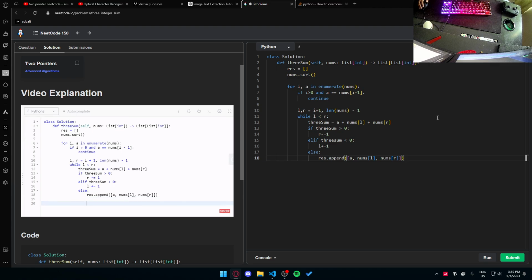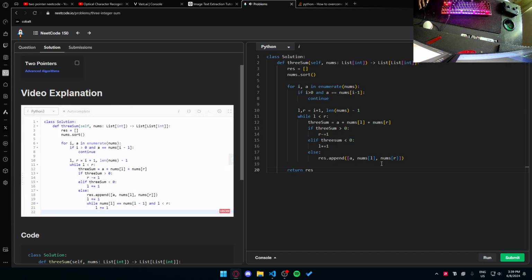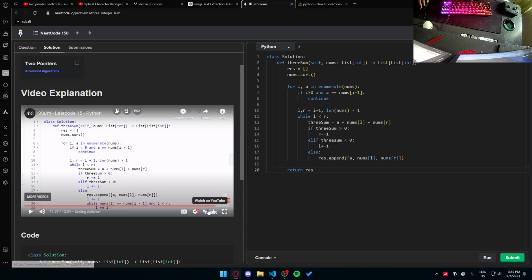So let me just write a comment to show you a little bit. What if we had the ThreeSum basically for these left and right, and we were at -2, -2, so -2, 0, 0, 2. Unless I've made another stupid bug, we